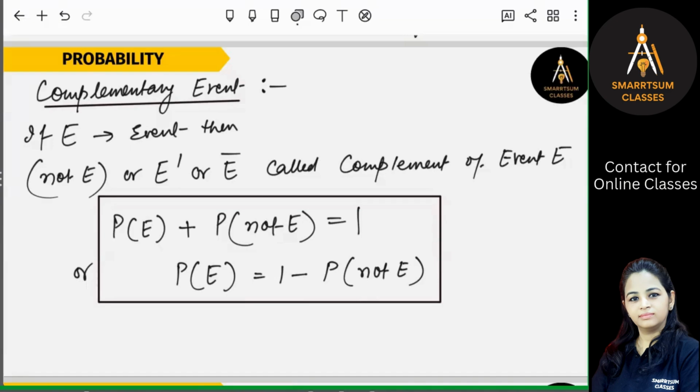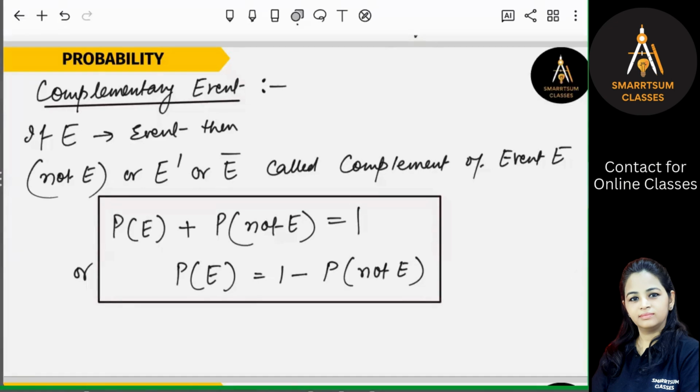Similarly, when we say the probability of getting an event E is given, and we know that the sum of all the probabilities can always be 1, yes or no? Then what will be the probability of E not occurring? That is the complementary event. Is that clear? You will find that if you subtract the probability of event E from 1, you will get the probability of E not occurring, and vice versa. Is that clear? Everybody understood?